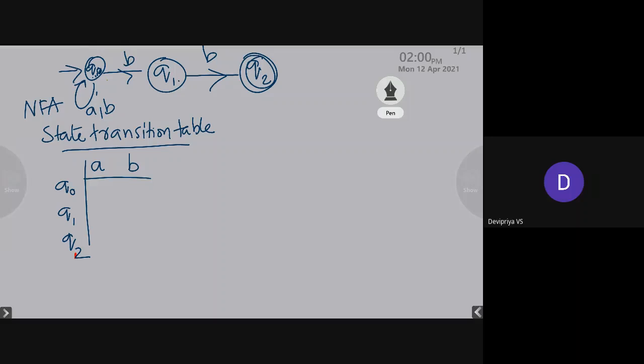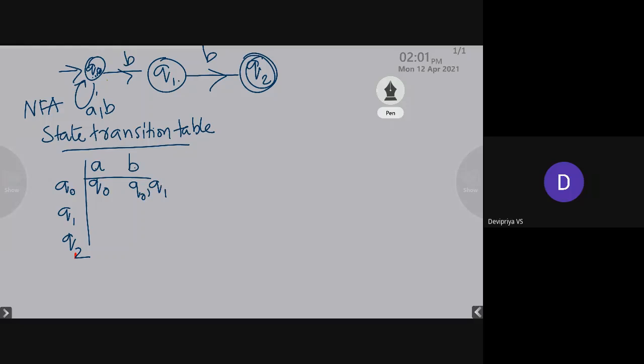Now we can fill the state transition table. How will you fill it? From the state Q0, on getting the input symbol A, to which state does it move? From this given diagram, we can say that from the state Q0, on receiving input symbol A, it moves to the state Q0. And similarly, from the state Q0, on receiving the input symbol B, it moves to the states Q0 and Q1.